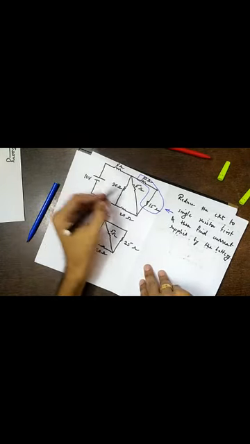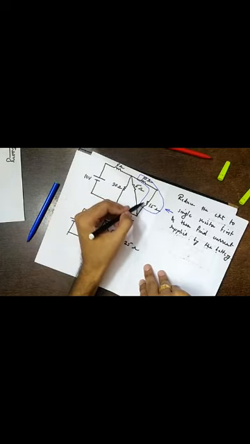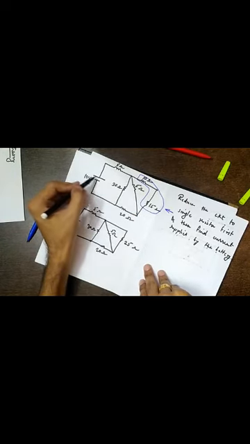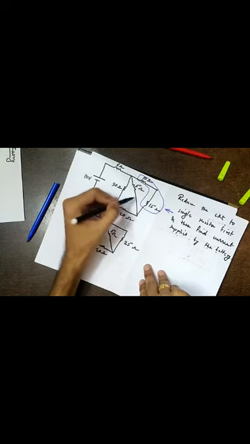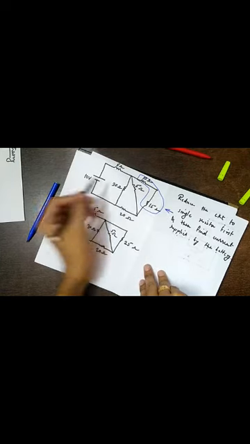What is the reason? The reason is simple, because we don't have any active component here. What are active components? The one which give power. So this is the active source here, active component. These are all passive components which don't give power. So we'll go from passive towards active.